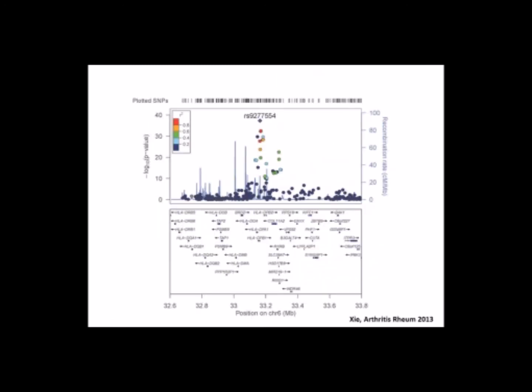This was a similar study that I was involved in, led by Kathy Siminovich in Toronto, that also fine mapped, meaning I told you the HLA region is extraordinarily complicated, and came to the conclusion of a very particular gene in that region associated with the GPA phenotype. We weren't able to look at the PR3 versus MPA, but subsequently the group in Europe that did the first study actually found the same thing when they fine mapped there. So that's true, and that's kind of nice to know. It's in the HLA-DP, which was also confirming an older finding, I believe, first found in Germany, but we really found out specifically what it was.